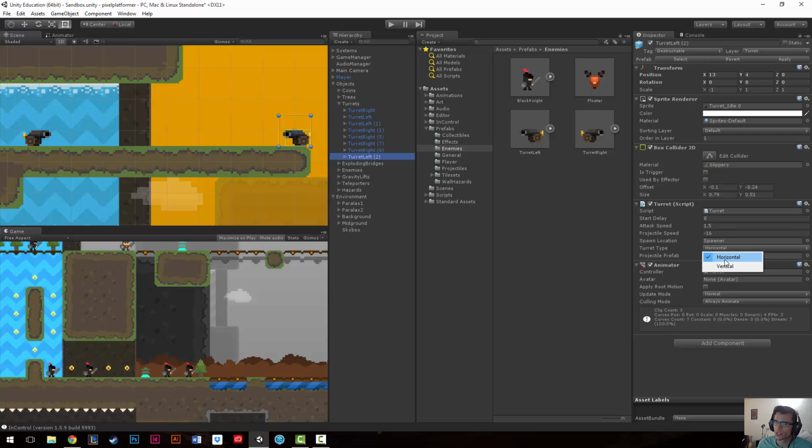We could make multiple types like horizontal left, horizontal right, vertical up, vertical down, but that's just the way I decided to set it up. But know that that is an option. This just seems simpler to me. So